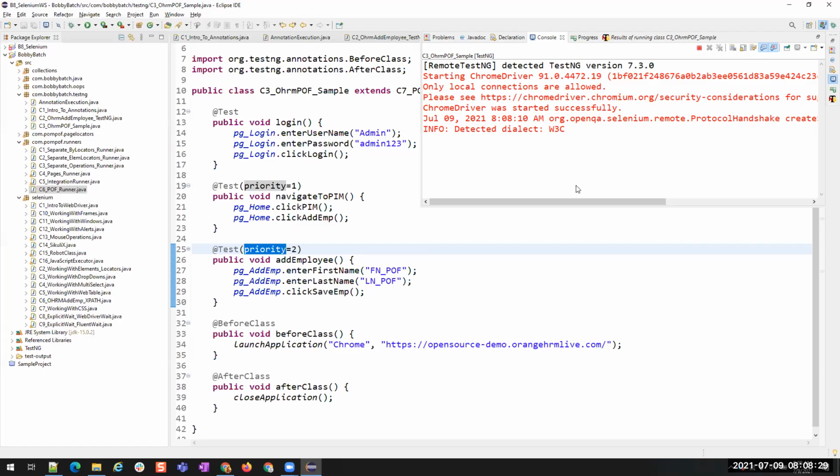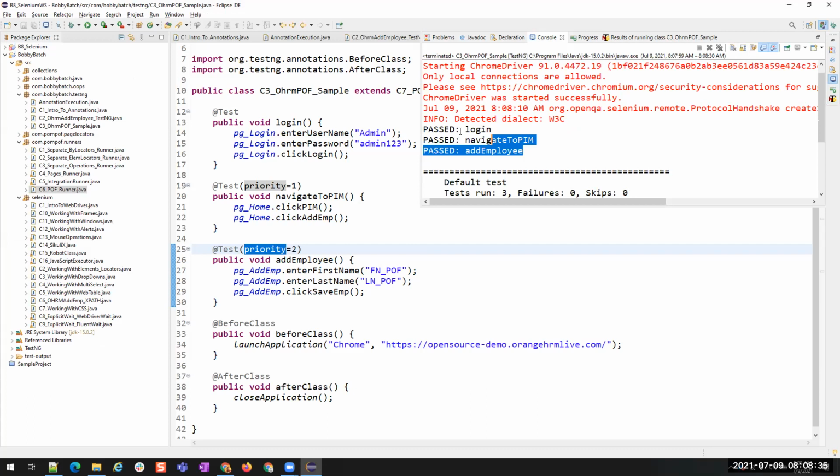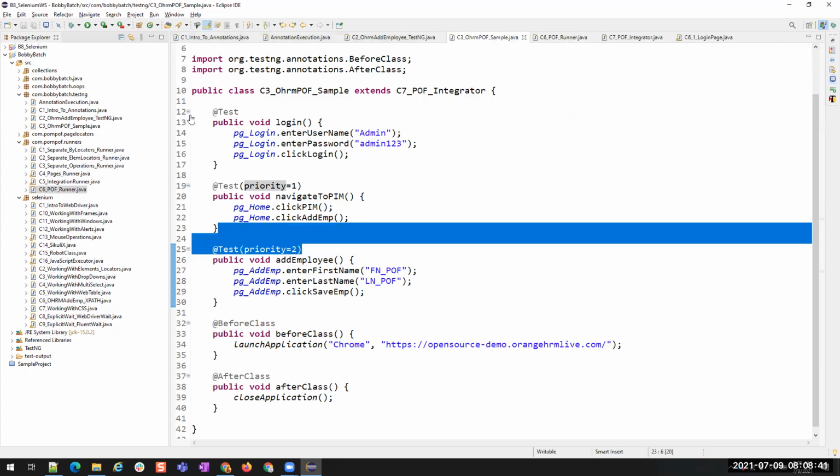You see, everything is success and all the 3 methods passed. You see, passes 3. You see the status: login, navigate to PIM and add employee. So you understood the concept of priority.